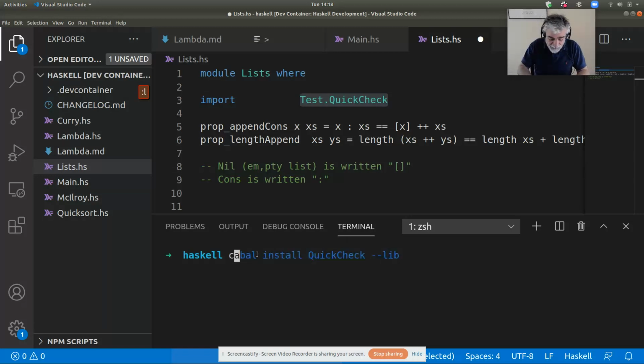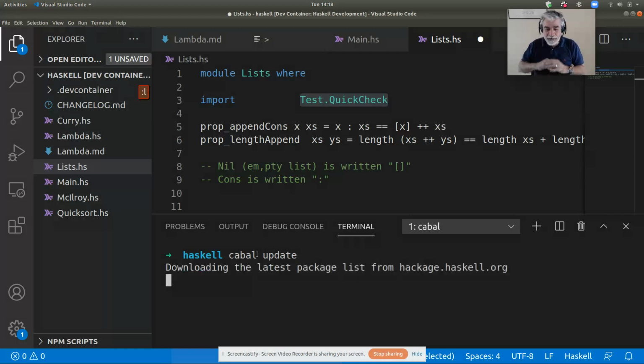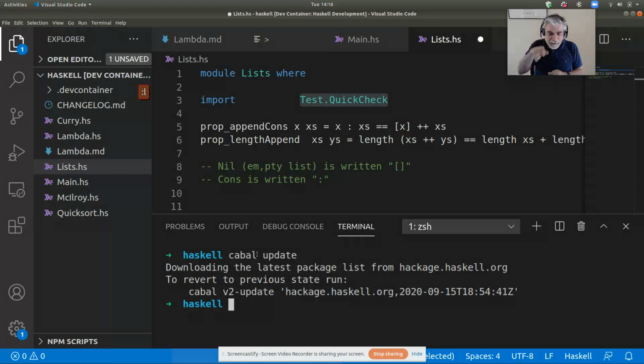Either place, really. You say cabal update first, and that makes sure that Cabal has all the latest package information, all the current dependencies that are there. And so now here, that's going into the file system that's associated with the Docker image, but this update is also happening in my own file system as far as I understand it. So then cabal